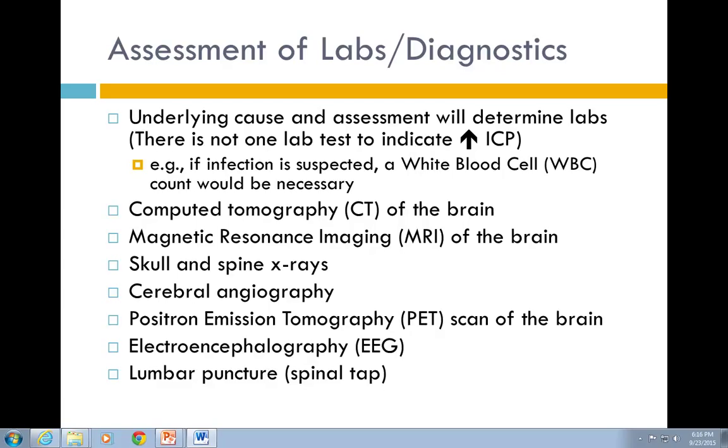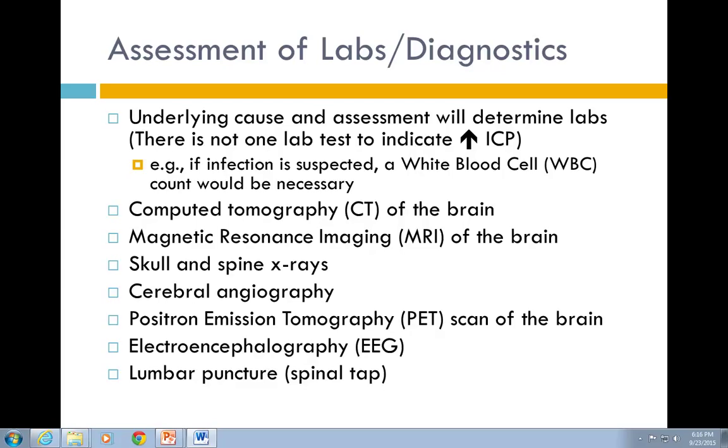CT and/or MRI scanning is generally the first test. Other tests can include skull and spine x-rays, and cerebral angiography that looks at cerebral vessels. A PET scan can be helpful in understanding the functioning of the brain, specifically glucose and oxygen metabolism and cerebral blood flow. An electroencephalography, an EEG, looks at the electrical activity of the brain. In general, a lumbar puncture is not performed because of the risk of brain herniation caused by the release of